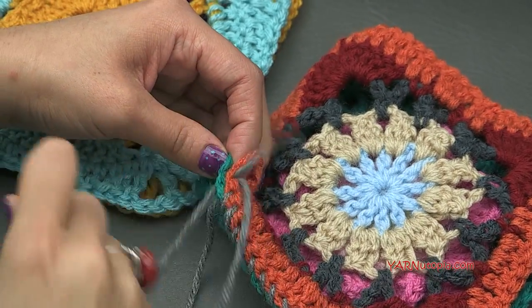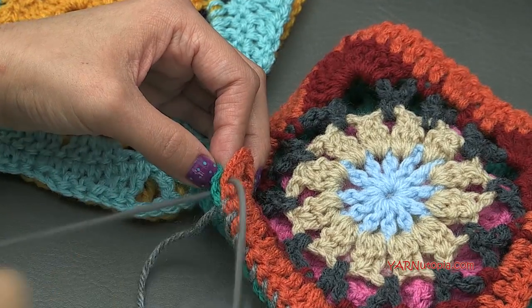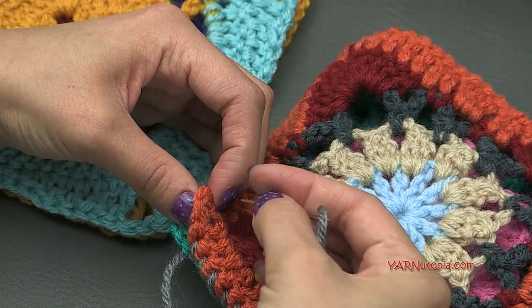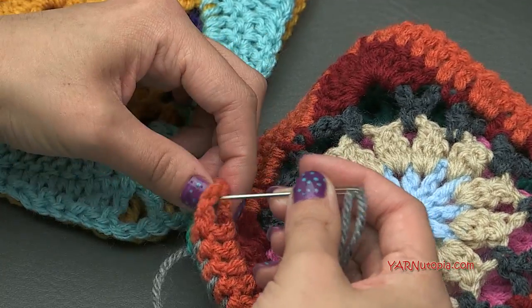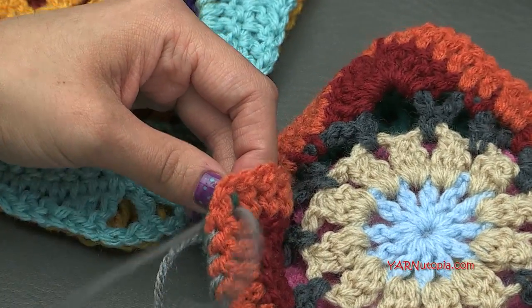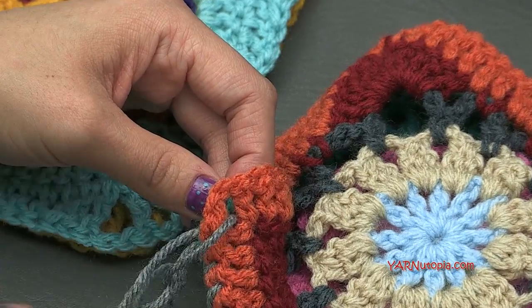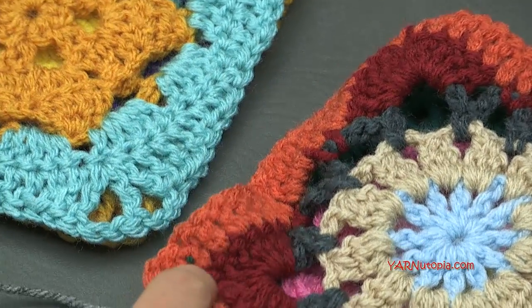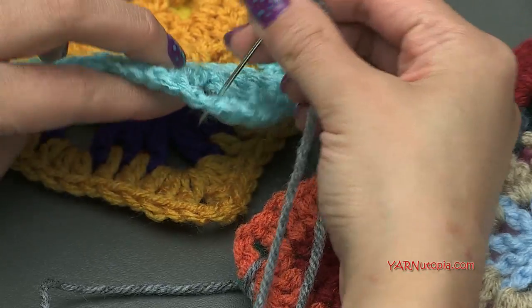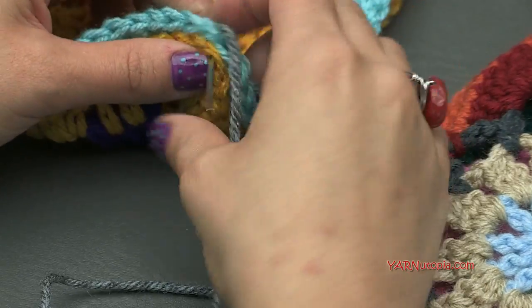And this is the same type of method we used for the Gigi cardigan, for those of you who are working on that cardigan right now. So this is a very similar stitch. So then now when you get to the corner, we're just going to go in the corner just like that, and then we're going to hop to our next squares and go from this side to this side, just in the corner,